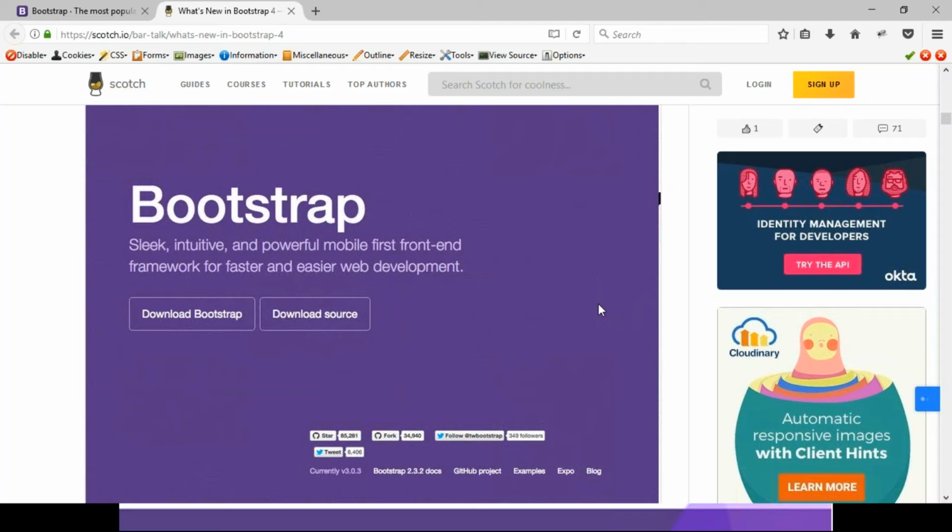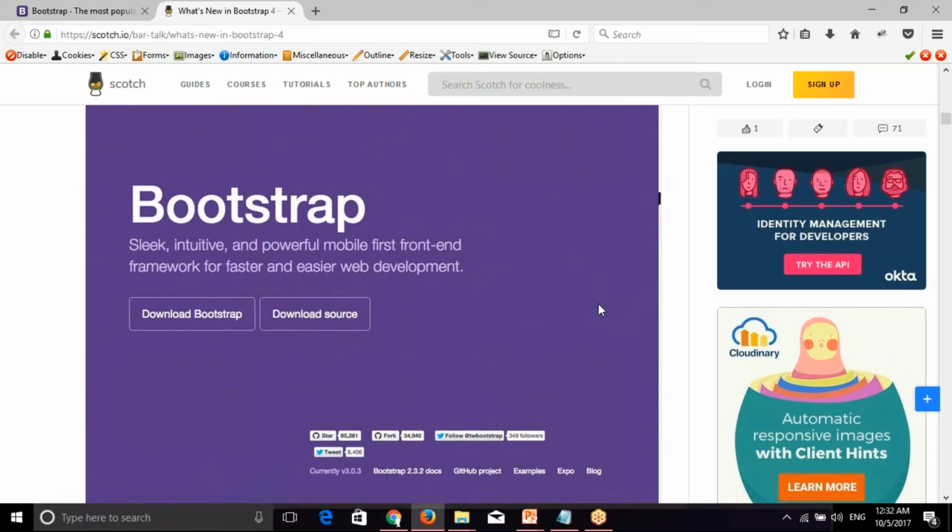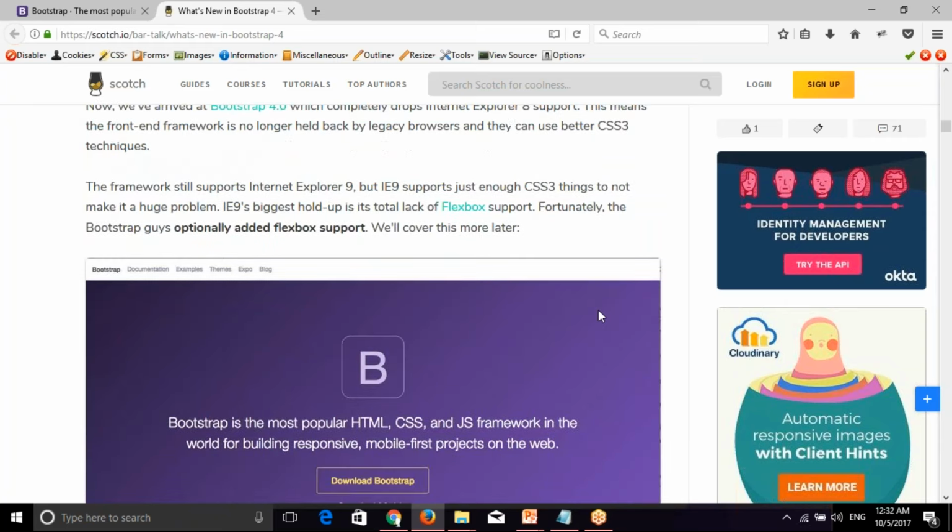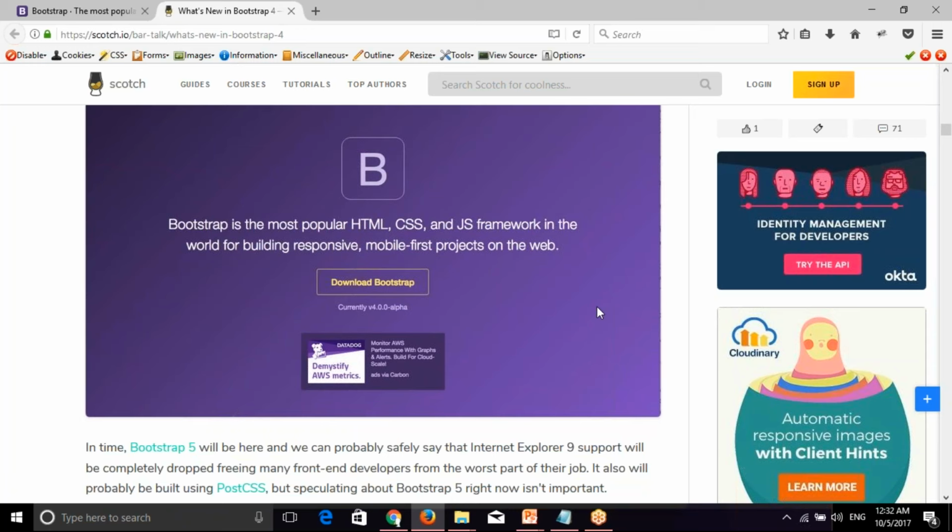Of course, in the market we have different frameworks like Foundation and Materialize. Recently Microsoft has released Microsoft Fabric, and these are all Materialize-style ones. If you want to purchase, you can go with Kendo UI. We have some interesting options, but the market is mostly occupied by Bootstrap. Bootstrap has many features, especially that it is a mobile-first framework. Anyway, coming to Bootstrap 4.